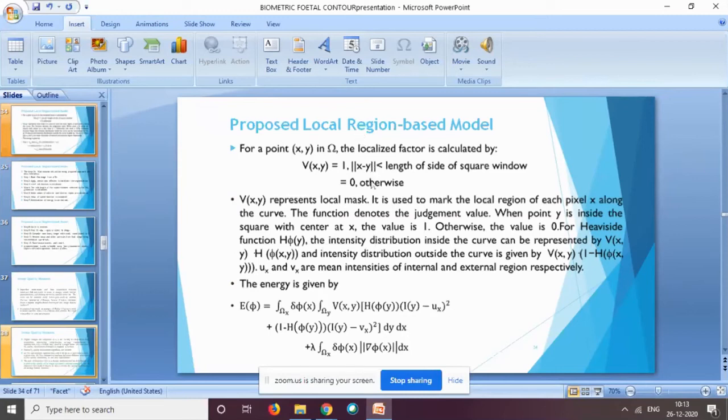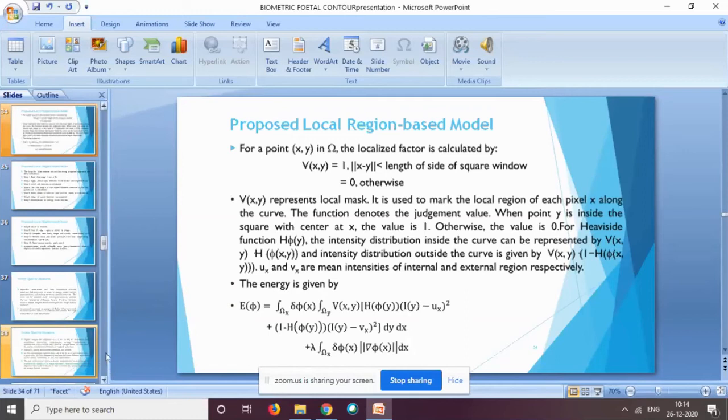Rather than the default approach, which has a circular window, the one I implemented is a square window. What is the advantage of using this? We are able to extract a more accurate boundary compared to the circular approach. This is the modification I made to the existing algorithm.